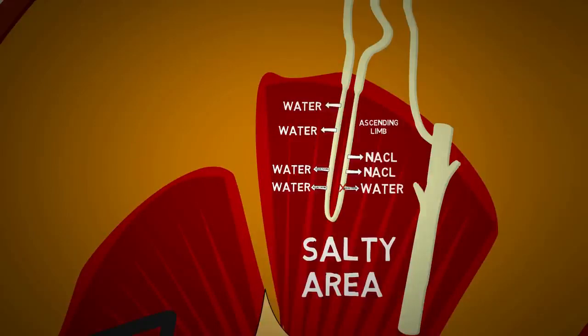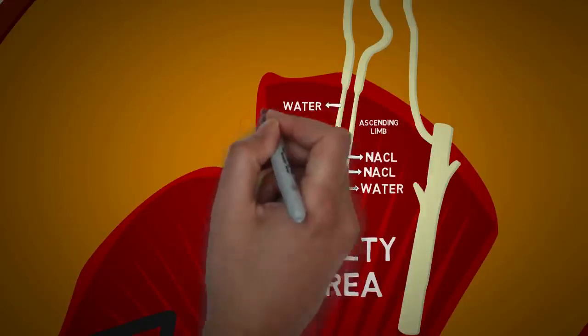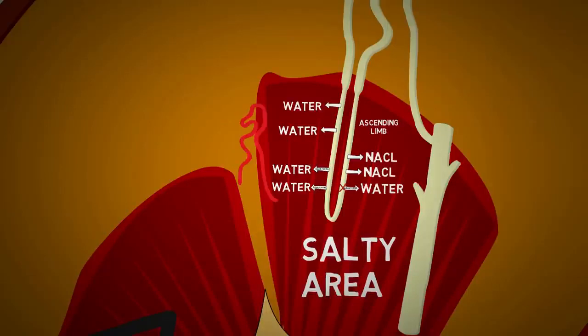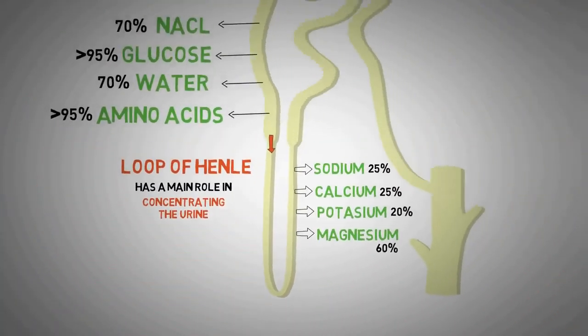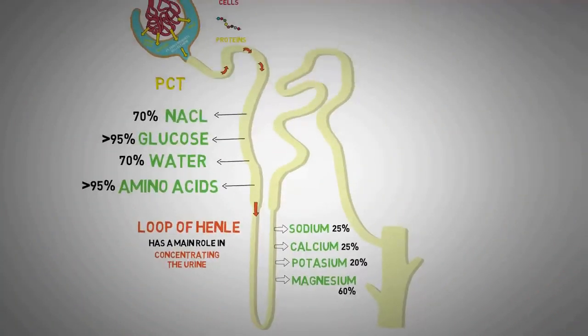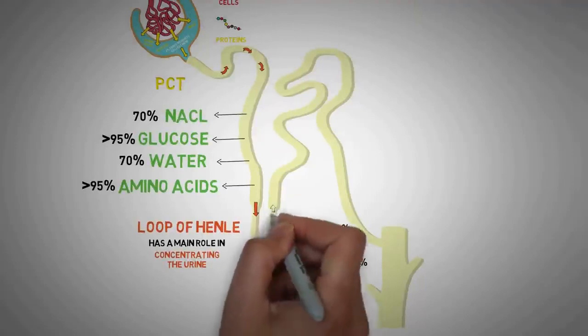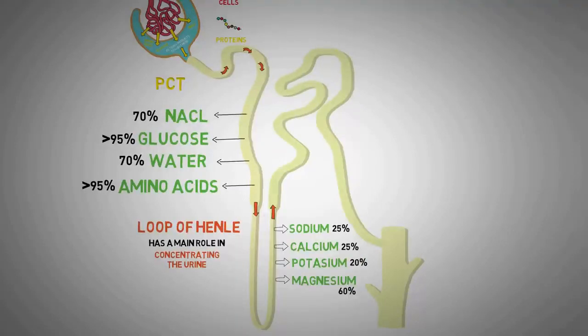and gets reabsorbed. And this is the reason why the loop of Henle is so long, that is, to give time for this water to move out. And that is why it dips nice and pretty far down into this salty portion, which is the renal medulla. So this is the major mechanism of gaining back a lot of water that gets filtered at the level of the renal corpuscle. So after the loop of Henle, the water then passes into the distal convoluted tubule,